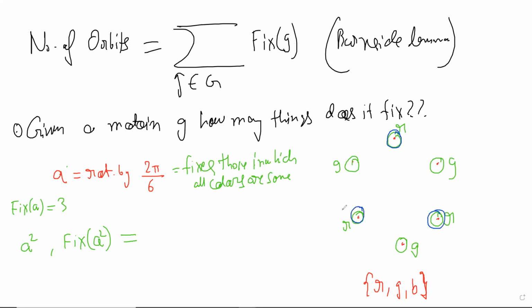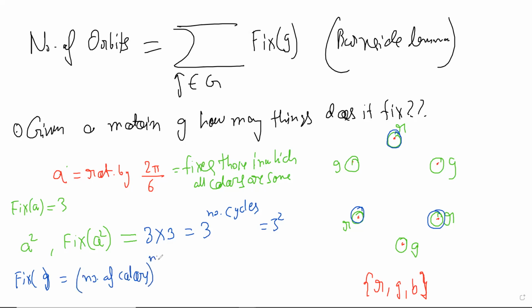See, these three have one choice. So 3 for that, meaning one choice out of the 3. For the other cycle, you have another choice. So it is 3 to the power number of cycles. In this case, it's 3 square. Now the game is not much left. It's easy now. So in general, G is going to fix the number of colors, which is again an easy constant given in the beginning, to the power number of cycles. So we don't even need to know the exact cycle structure. We just need to know the number of cycles.